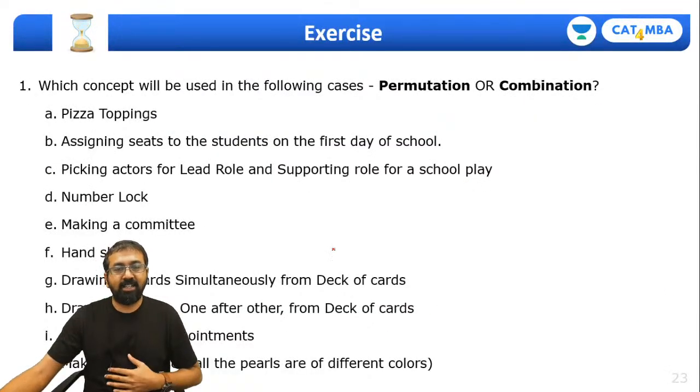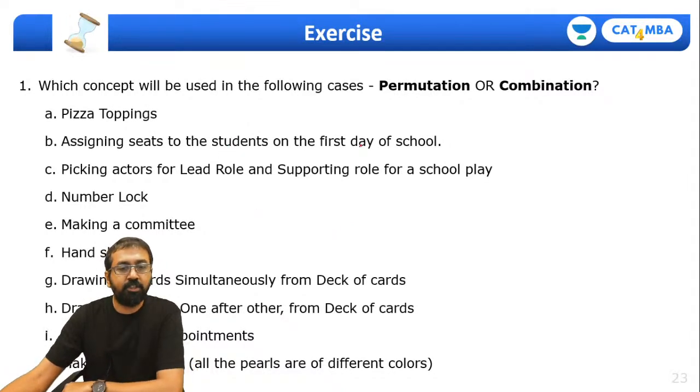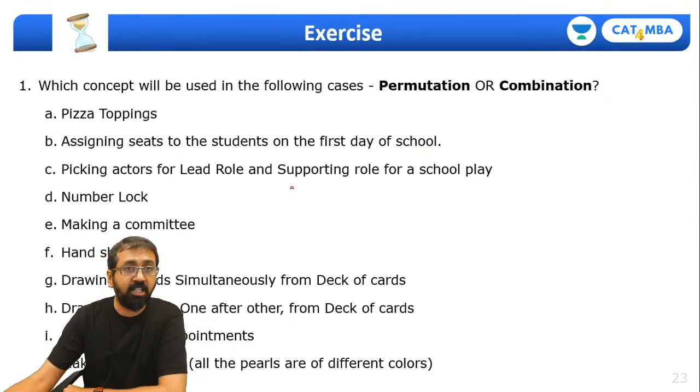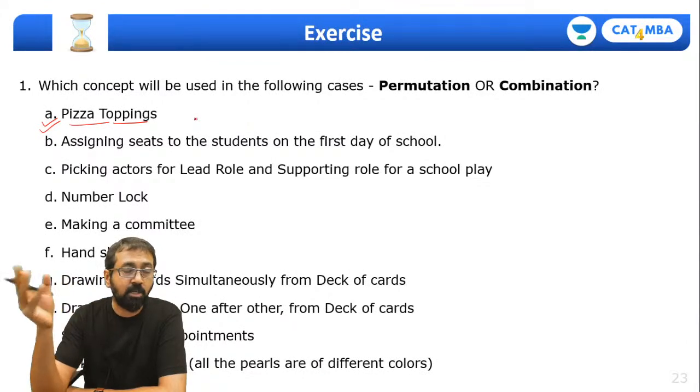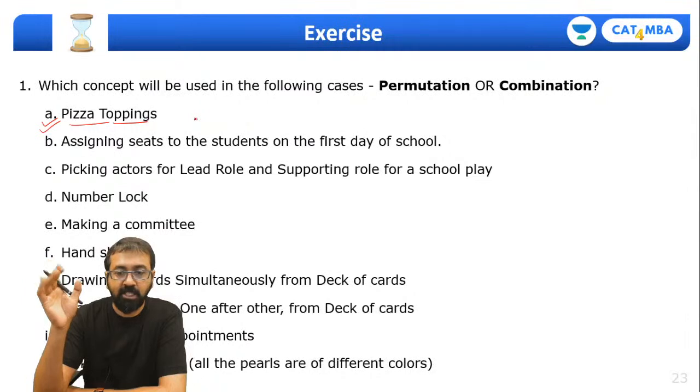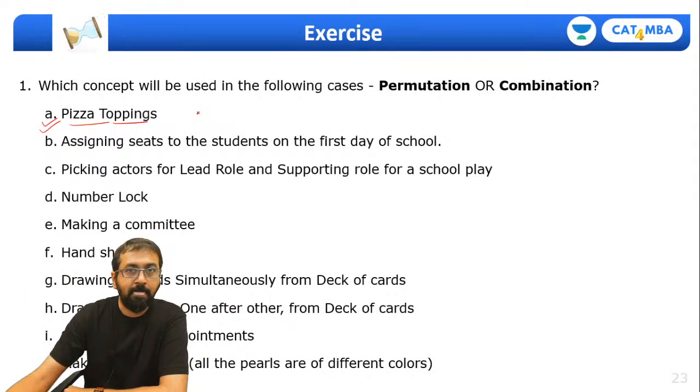Okay, so let's go ahead and take up some conceptual questions. You need to quickly tell me what concept will be used over here, whether we are going to use permutation or combination in each of the following situations. You will read the statement and then type your answer. For example, for situation A, pizza toppings, is it permutation or combination? Is order important over there? If yes, then you will type P. If not, then you will type C, meaning it's combination. So what is that? It's combination. This is how I expect you to enter the answer. For situation A, it's C, right?